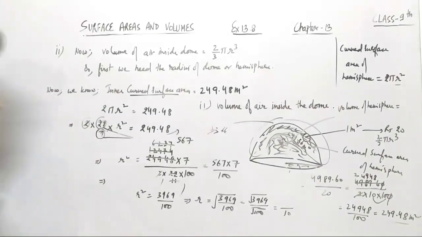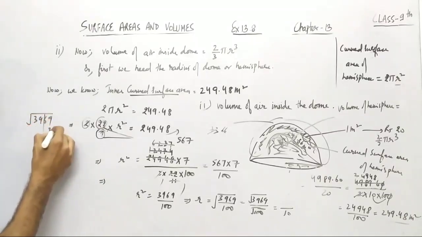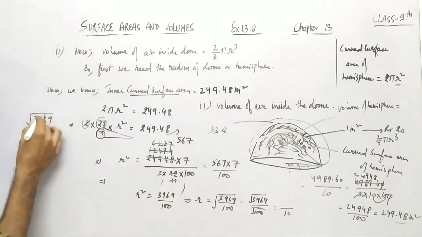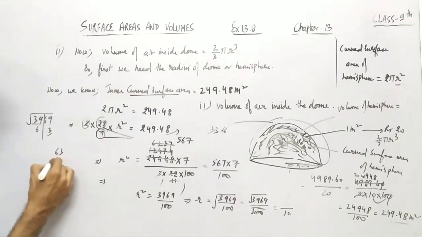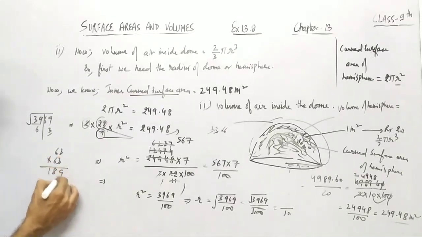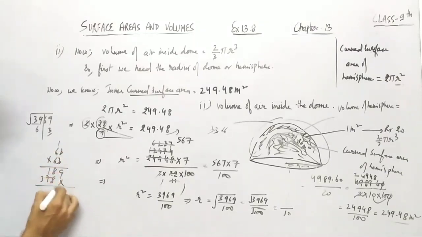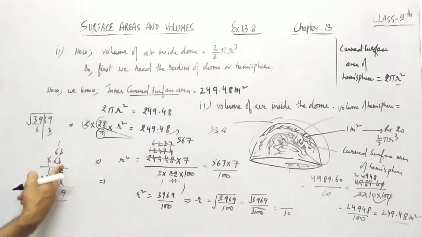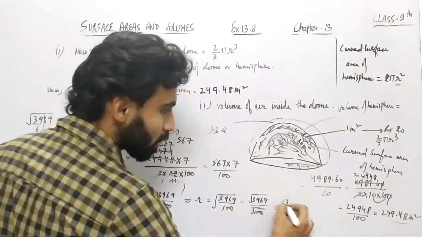So if I find out the square root of 3969, let me tell you here, the 3969, right? So 3 3s are 9, then further here 6 6s are 36. So let me just check 63 here, right? So 63 into 63, so 3 3s are 9, 3 6s are 18, then 6 3s are 18, 1 carry, 6 6s are 36 plus 1, 37, right? So 8 and 8, you can see 16, 7, 8, 9, so you will get 63 into 63 is 3969, right? So then the square root of 3969 will be 63, right?